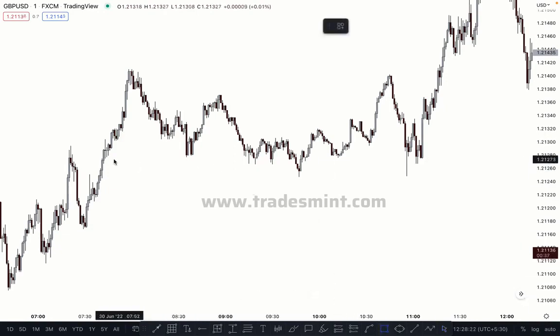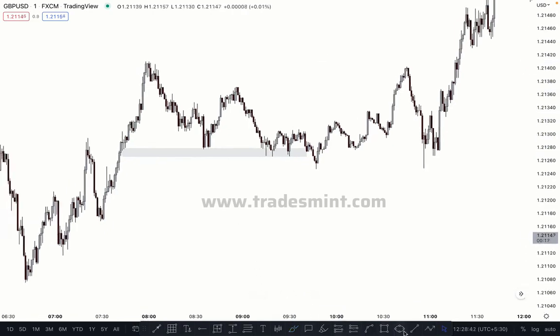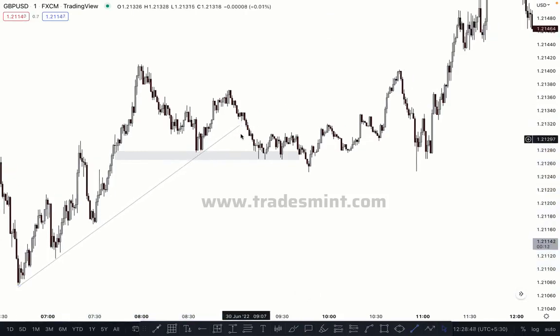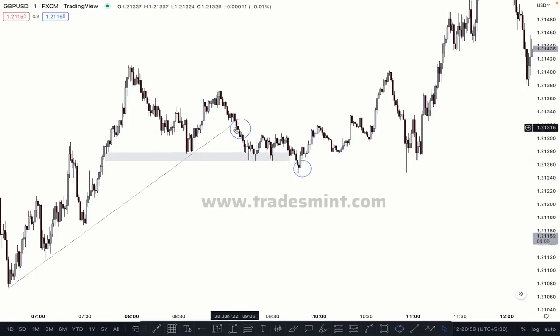You can see here, this is a demand zone. One person is looking here to buy, because they expect price to tap here multiple times and go higher. But another type of trader is trading based on the trend line. What they expect is that price breaks the trend line, and they are looking here to sell, and here to sell. And after this zone is broken, everyone is looking here to sell.